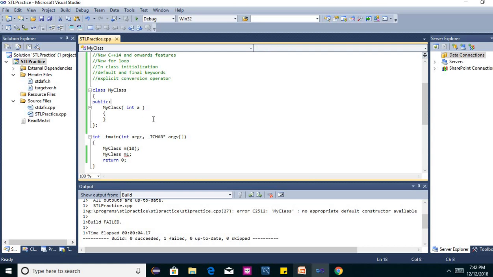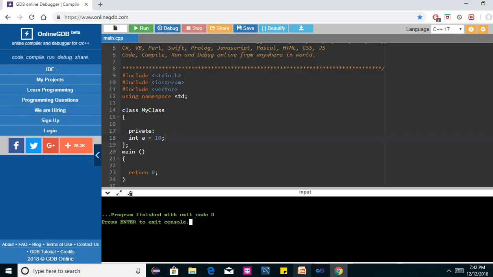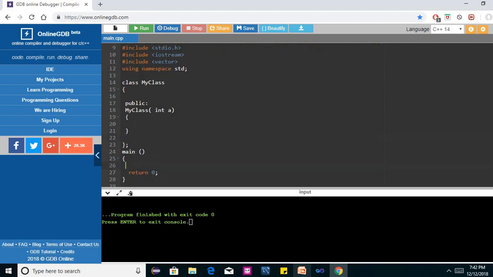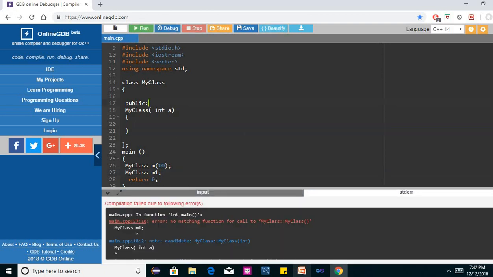But if we don't want to give any implementation from our side, then in that case you can do one thing. With the new C++ version, you can just write it like this: public my class int a. I'm doing nothing here, and here also I'm going to do the same thing that I did there, m10, and then my class m1. Here also you will get an error with the new compiler as well, but if we write like this, default,